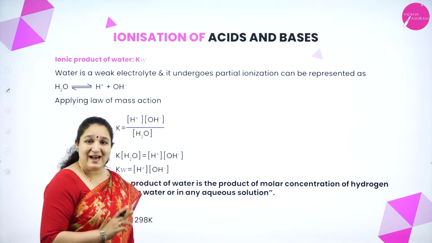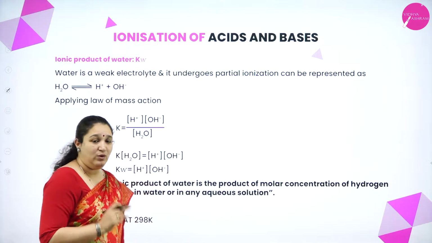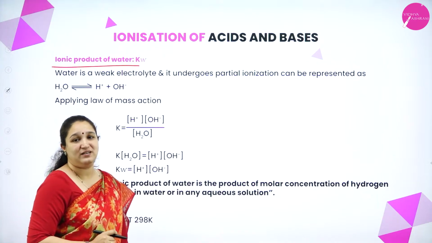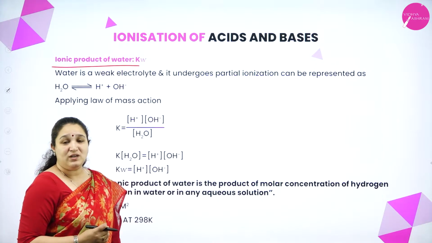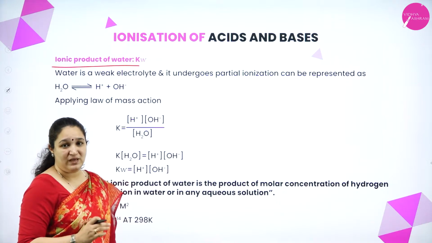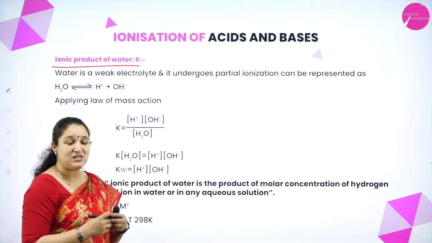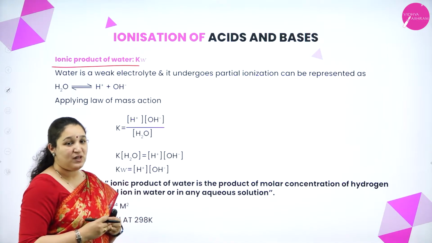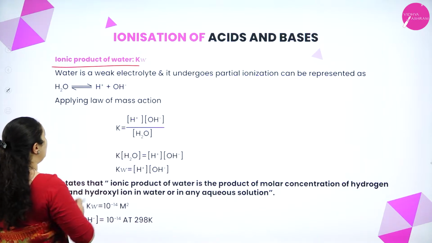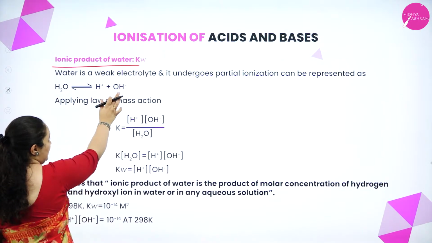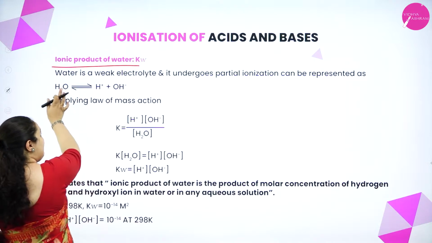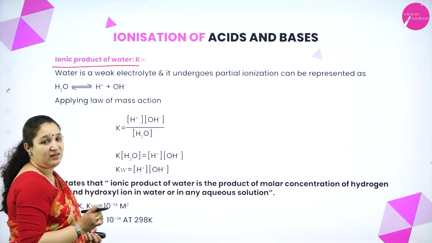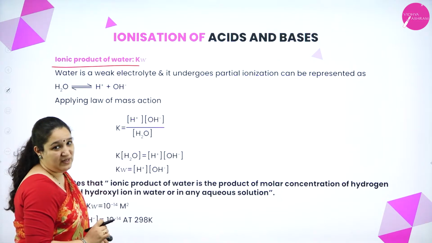Before I go into the acids and bases, first we learn about the ionic product of water, which is also known as Kw. Water is a weak electrolyte, means some amount of water molecules will dissociate to give H plus ion and OH minus ions. So I can consider a water molecule, it will dissociate to give H plus and OH minus, and these both can react back to give the water molecule. So there is an equilibrium state which is attained in this reaction because it's a weak electrolyte.